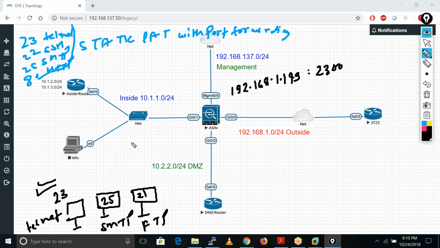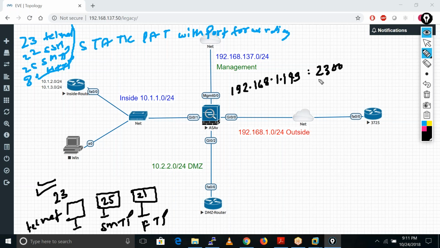Because if anyone gets the idea that this organization has a telnet server, and also gets the public IP, then some bad guys may try to send malicious data, or open random connections on port number 23, because they are aware this is the organization running the telnet service, right? So here we do the port forwarding.